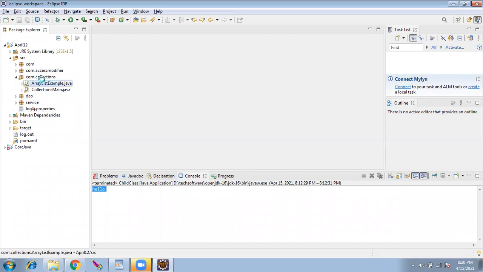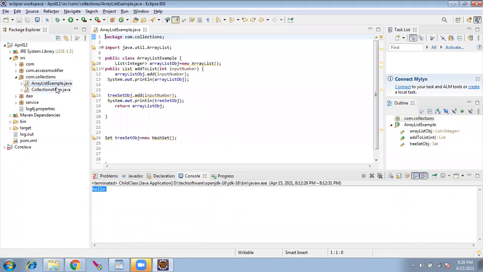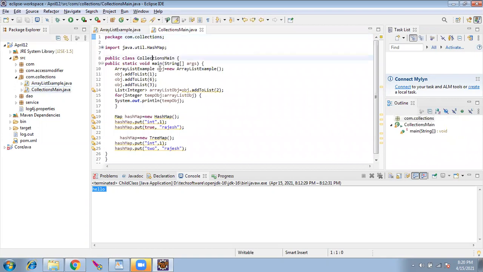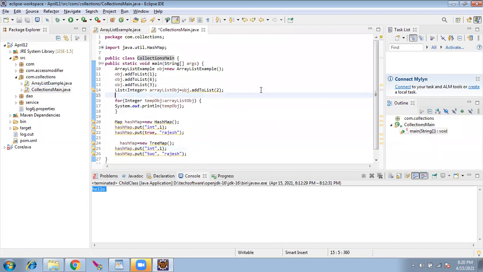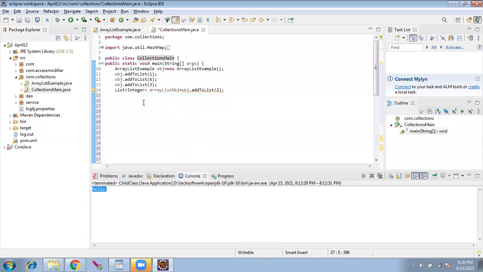For that, I created one more package here, and I am having one main program. These things you can forget for now. Rajesh, yes. Here, array list and collections, those are classes.